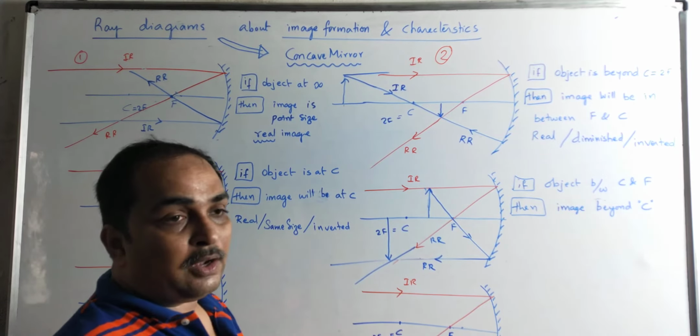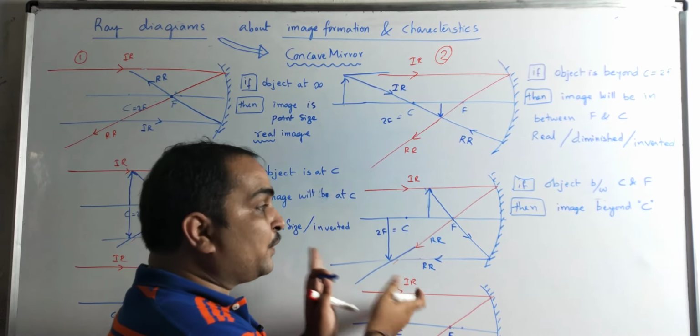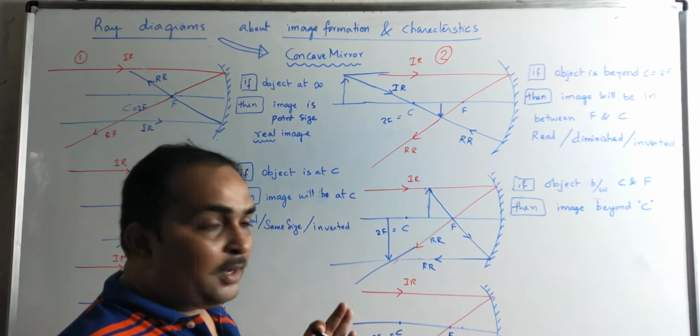Basically, we do not have geometrical apparatus here. That's why I am doing it like that. But naturally, if you take a graph sheet, take paper, use a compass, keep the distances properly and do it, obviously you will get it. You have to follow the principles. A ray parallel to the principal axis passes through the focus. A ray passing through the focus becomes parallel to the principal axis. Those things you have to remember.